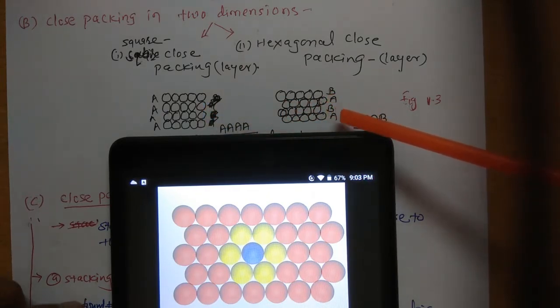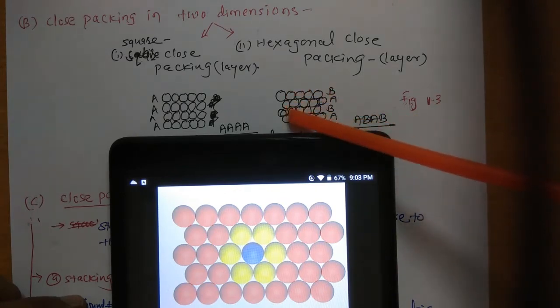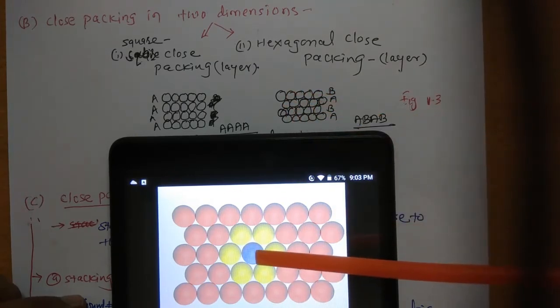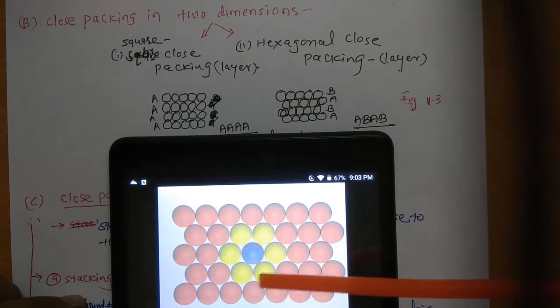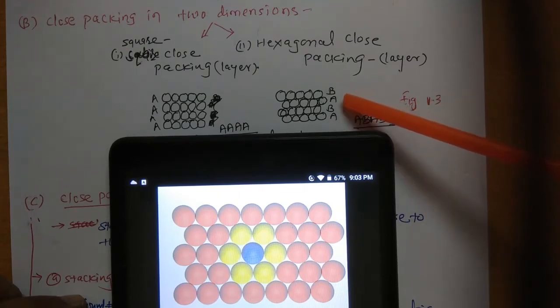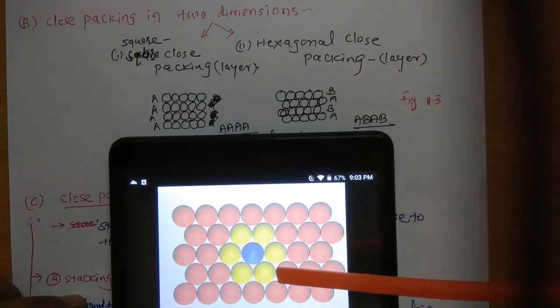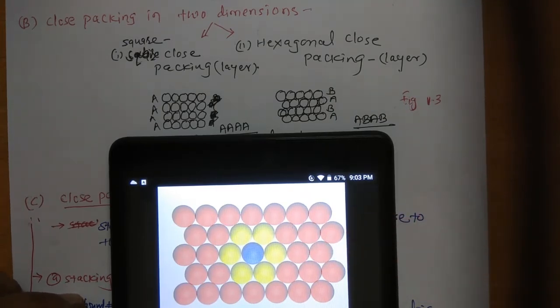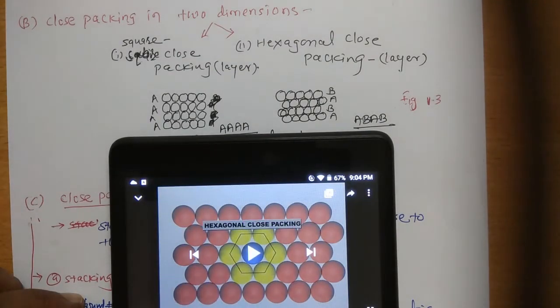Now see here, in the case of this hexagonal closed packing, each sphere is in contact with the other 6 spheres. That's why the coordination number in the second case, in hexagonal closed packing, is 6. And if we join the centers of the 6 spheres, then a regular hexagon is formed.